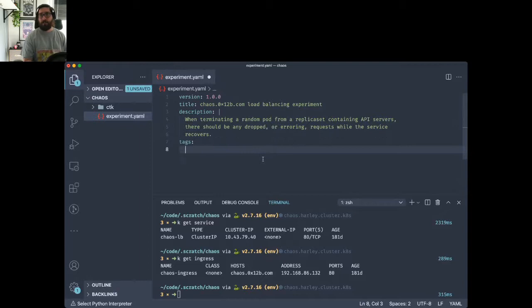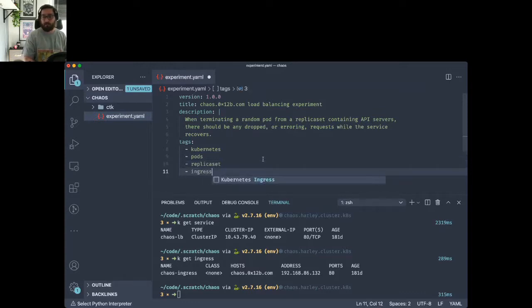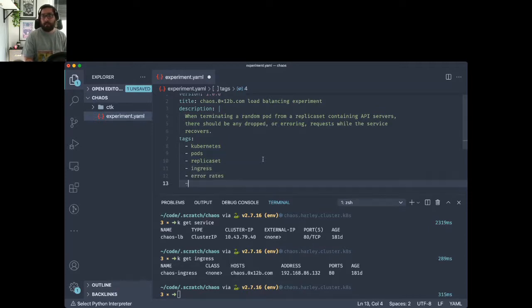Then we're going to add some tags to our experiment as well. And these tags are used to explain the areas or the components that the experiment actually concerns. So I'm going to go ahead and add Kubernetes and pods, replica set, ingress, error rates, and HTTP.